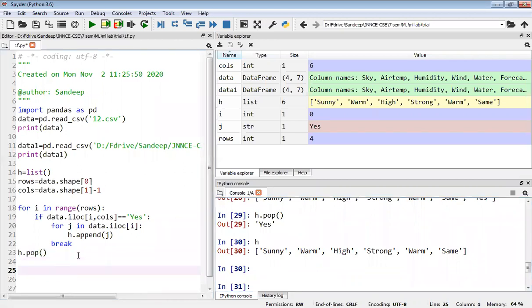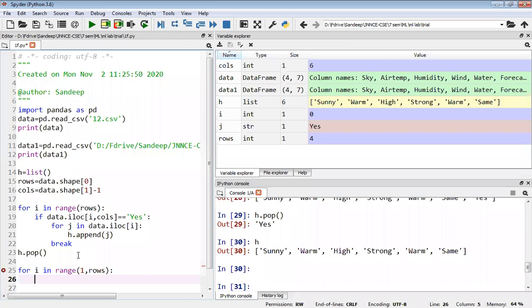Next, we should scan the remaining examples. Is it clear? So you have to start again a for loop, for i in range. See, the first example is already over, so we will not start with 0. We are going to start with 1, comma number of rows. The remaining 3 rows we have to scan.